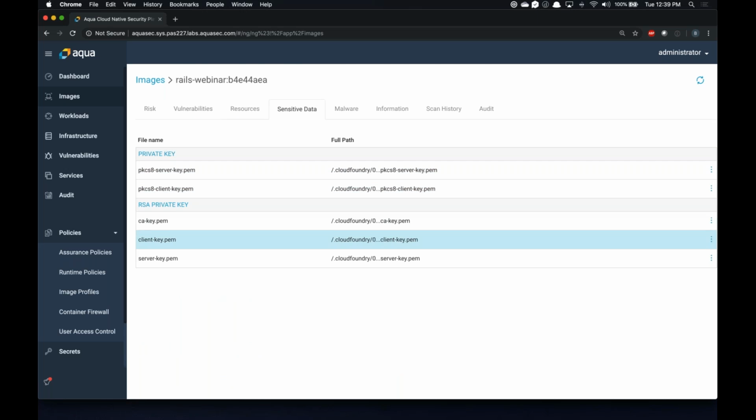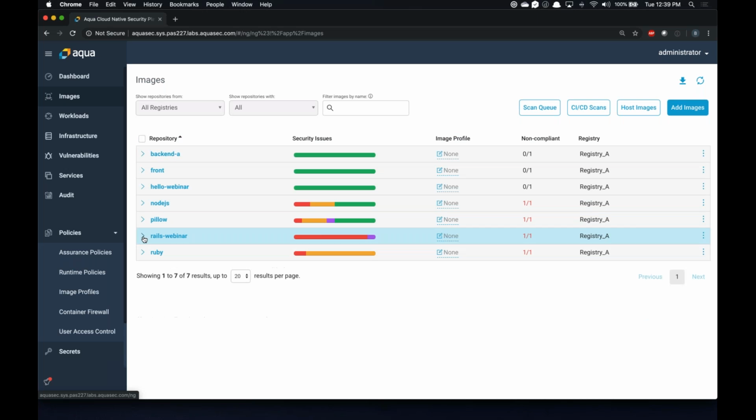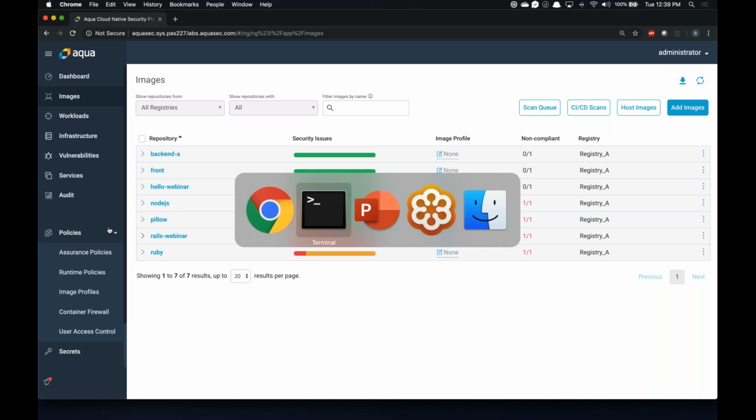Sensitive data, so we actually detected some sensitive data in this application, but because it wasn't part of our policy, we didn't fail that step. So again, making sure that you can scan these applications, determine your compliance from a central location through all of your different environments. And now if we talk about the runtime protection real